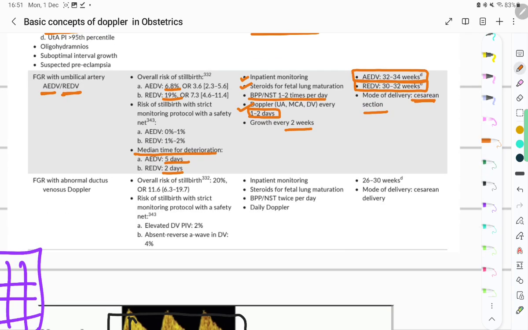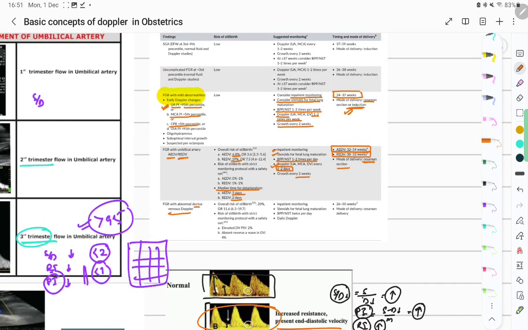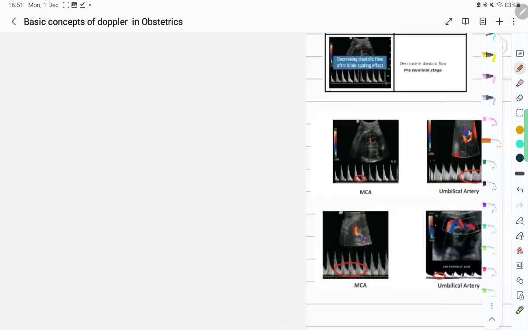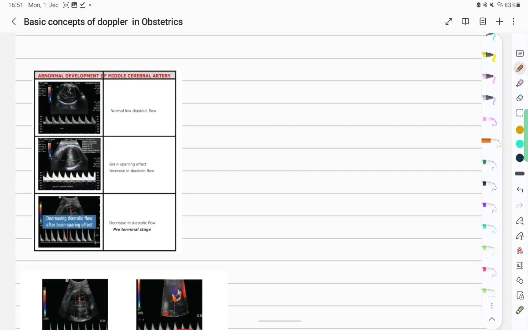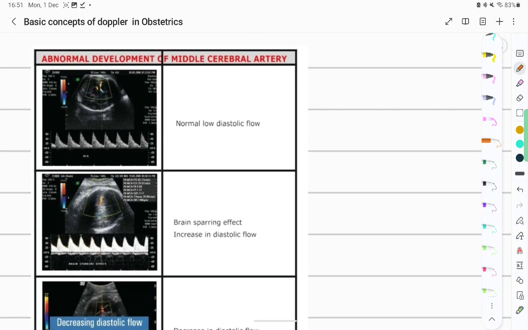And then the next step is abnormal ductus venosus Doppler. I will discuss the ductus venosus Doppler here. Before that, let's discuss about MCA Doppler. Middle